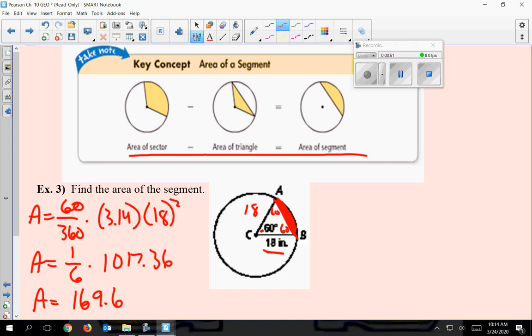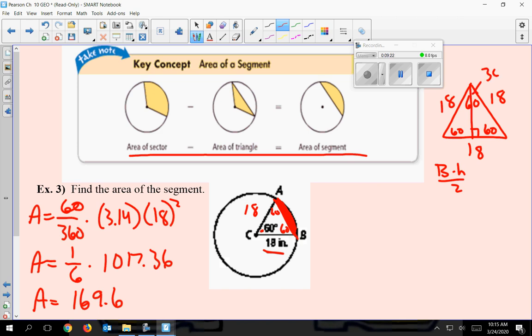I'm going to draw this triangle over here. It's an equilateral triangle. These are 18. This was 60. Therefore this had to be 60, and therefore this had to be 60, because the triangle's got to equal 180. So this is going to be 18. To find the area of a triangle, it's base times height divided by 2. If I do this to get the height, then everybody goes, oh no, it's a special right triangle,